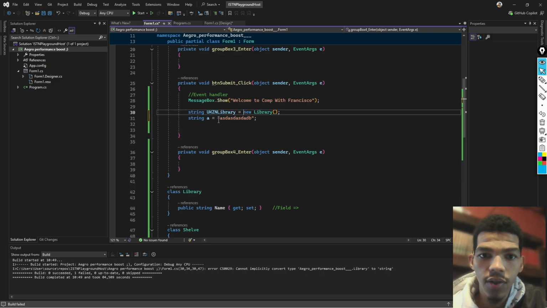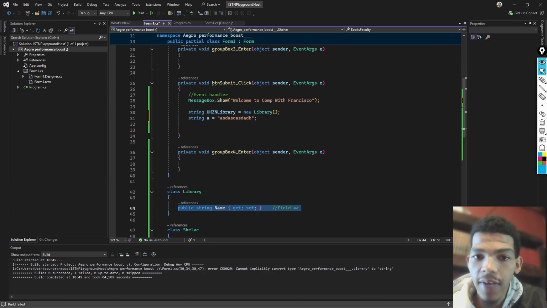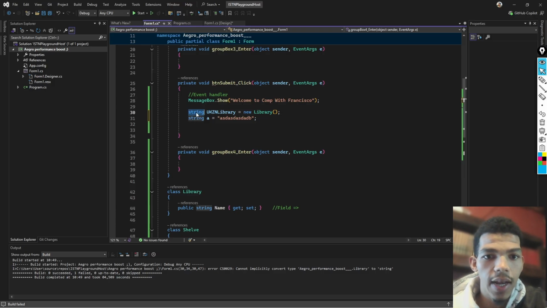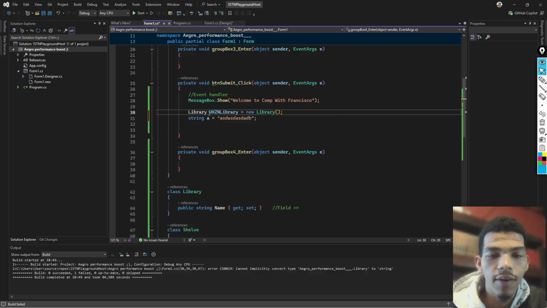But notice library is not just a string value. Library is a class defined as follows. A library is supposed to create an object with a field or an attribute of name. And then the string is not the same thing. So you actually have to say library,